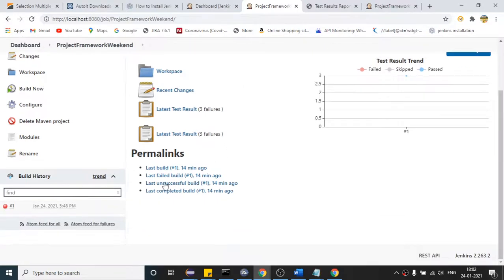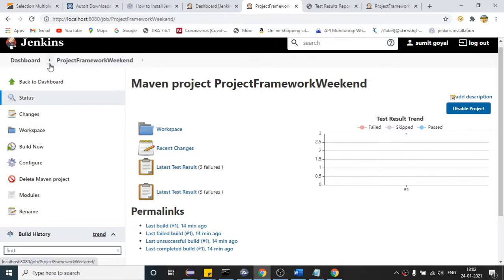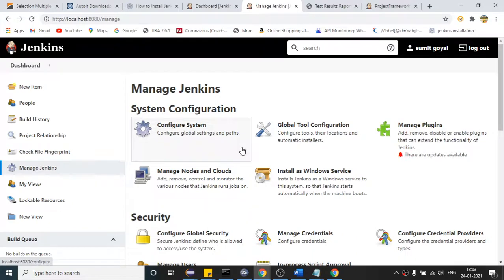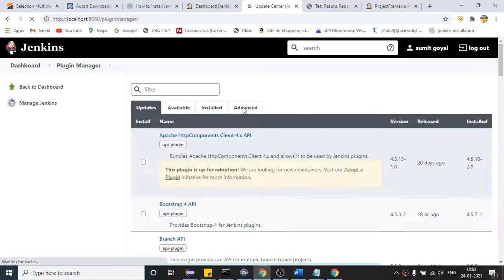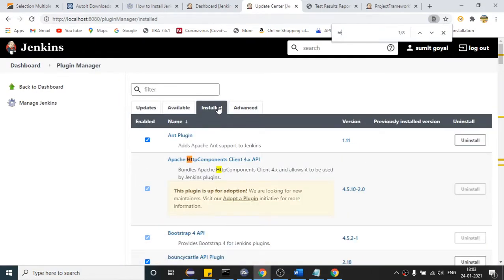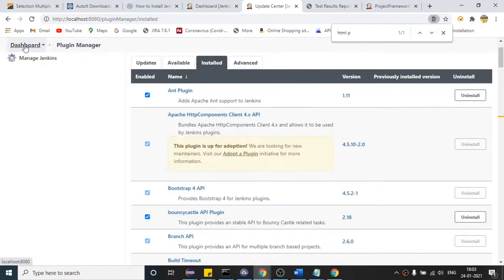So right. If you see, I want to also generate the report. So come to this Jenkins. First you have to download one plugin. Then only you will be able to show the report here itself. Manage Jenkins. Sorry, not this one. Manage plugin. And here I already have it. So you can download it for the first time. It is HTML publisher, right? This plugin you have to download. Once you download this plugin, come to this.